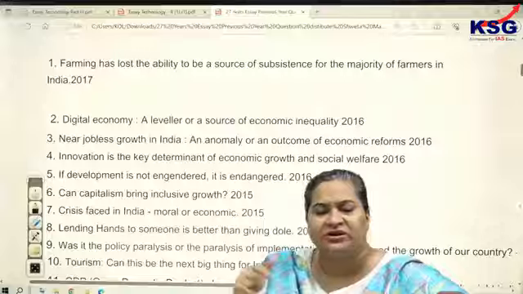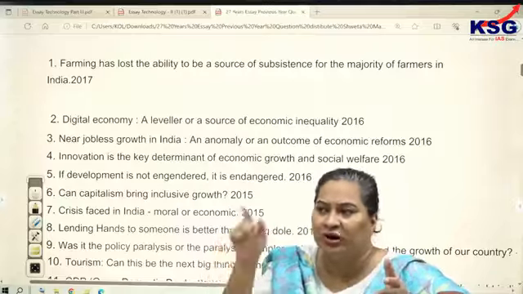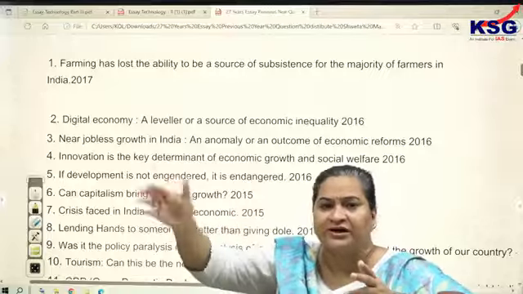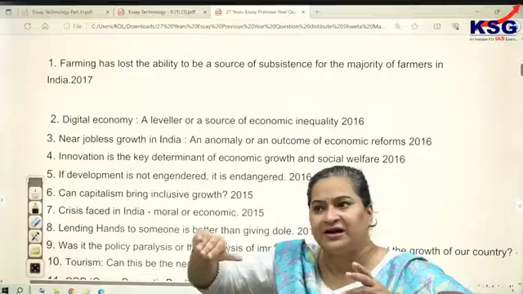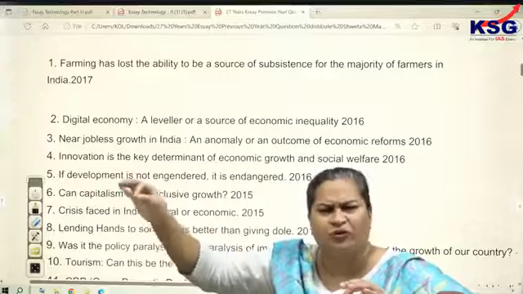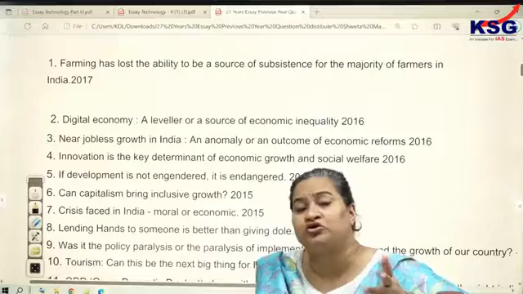Then while matching with the key, you will see that for a few questions which you thought you knew were correct, you have made them incorrect. Few questions you were confused about, few are correct and few are incorrect. And the third category, questions which you did not know, they are incorrect or a few of them are also correct. So there will be three categories of how your answers got solved.